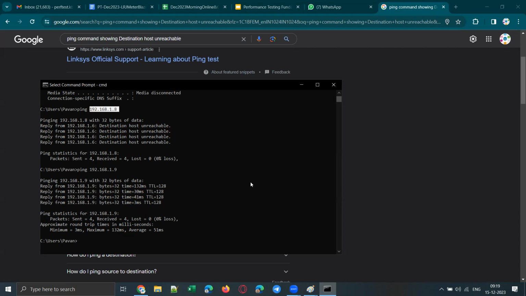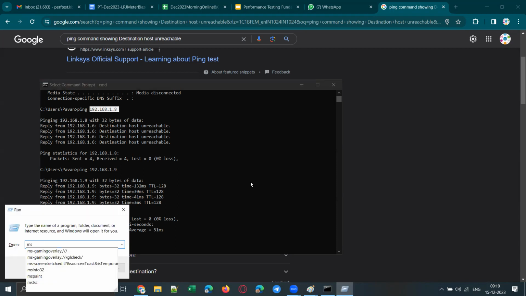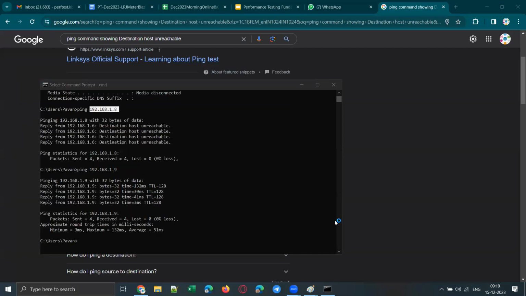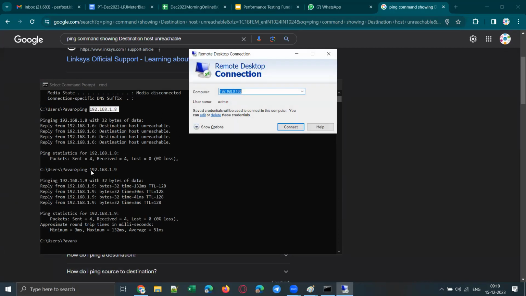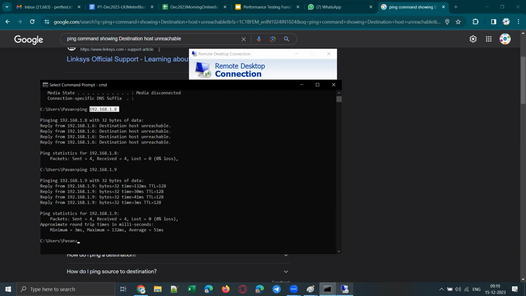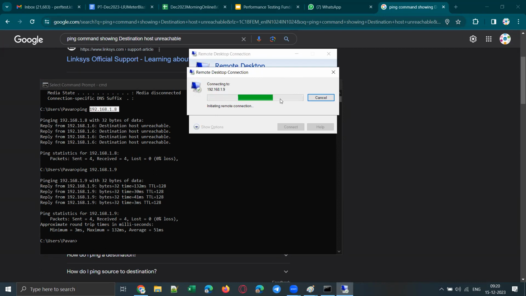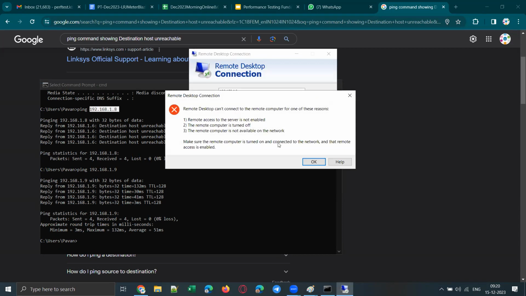If you want to connect to, log into that machine, you need to use remote desktop connection. Okay. Type remote here in the Windows search box and you will get a remote desktop connection option, right? And now enter the IP address 192.168.1.9. And for this to work, remote connection should be enabled on that machine. I'm not sure whether remote connection is enabled or not. But observe here, my machine has initiated a remote connection to that machine. Okay. Right? It may not work, because,